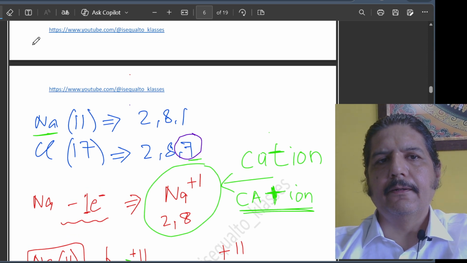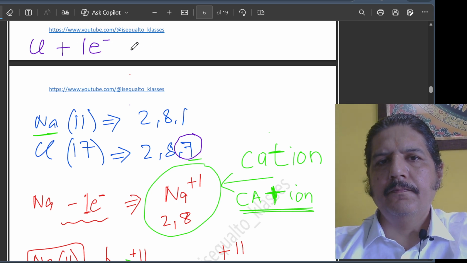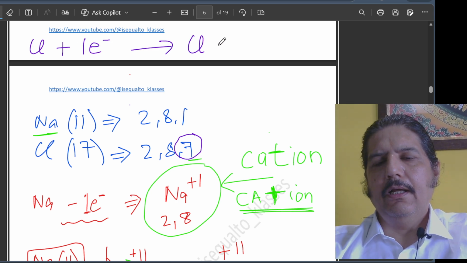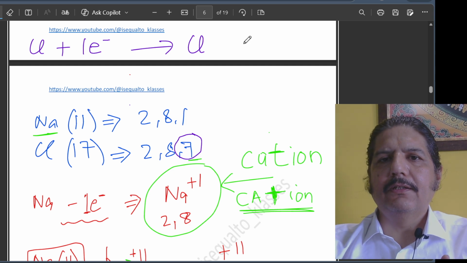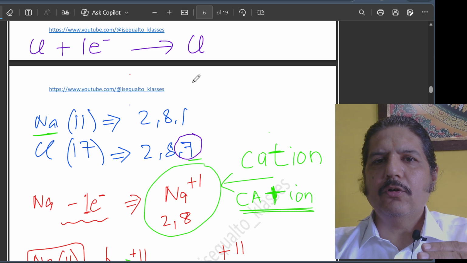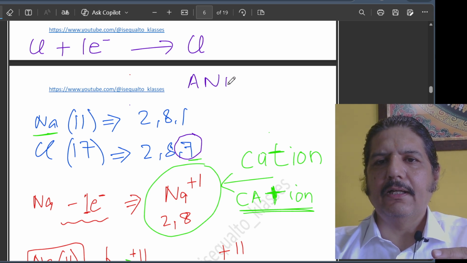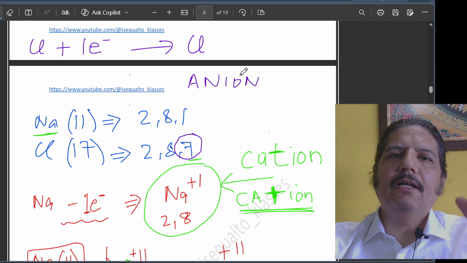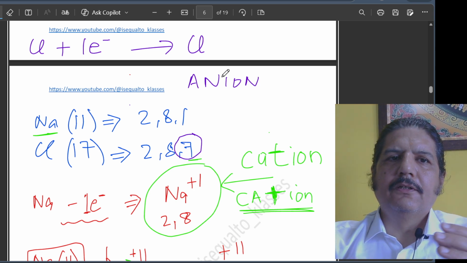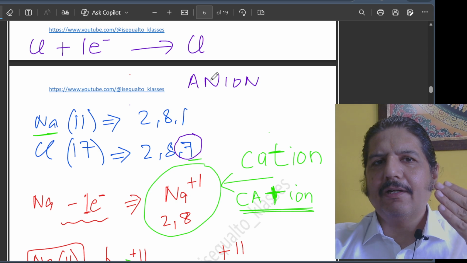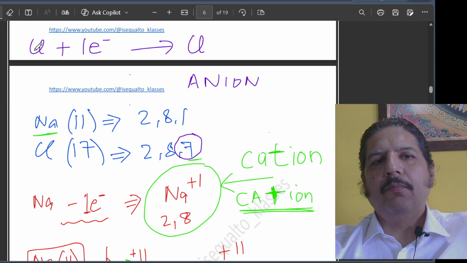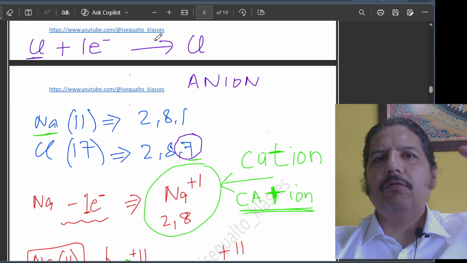So that is why if it gets one more, let me write it here. Chlorine, if it gets one more electron, like we have done for cations, there is something called an anion. An anion is an ion which has a negative charge. Now chlorine, when it gets one electron, from a neutral entity will become an entity with a -1